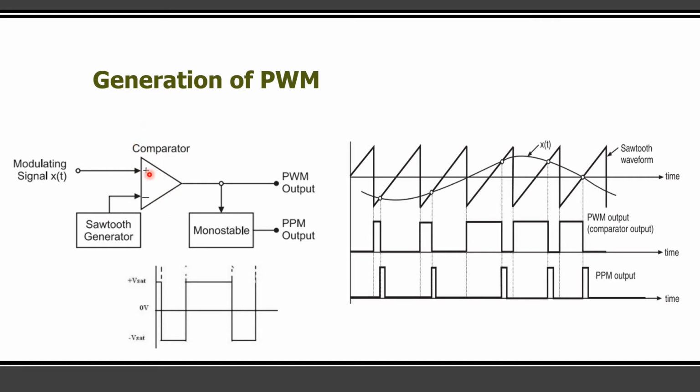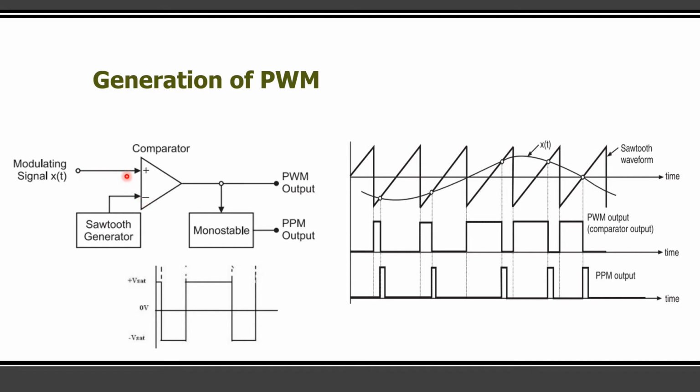So the operational amplifier has two terminals available, the non-inverting terminal and the inverting terminal. In the non-inverting terminal, we apply the message signal or modulating signal. In the inverting terminal, we apply the sawtooth generator or reference signal. Both signals are compared as per the operation of an operational amplifier as a comparator. If the positive terminal voltage is higher compared with the inverting terminal,